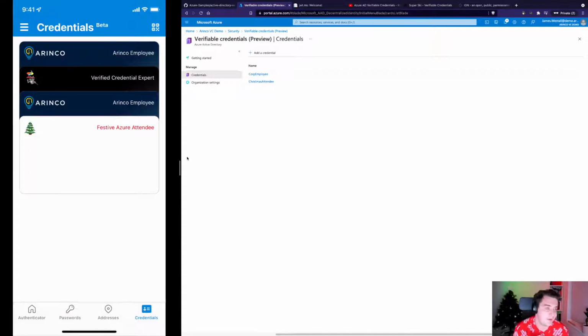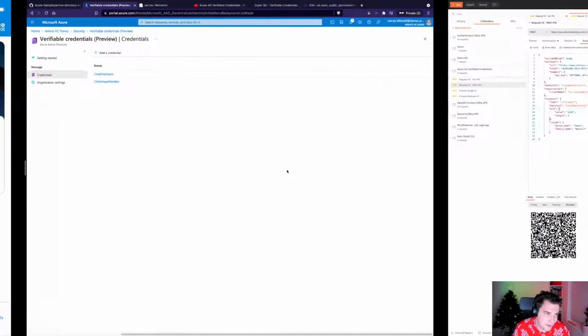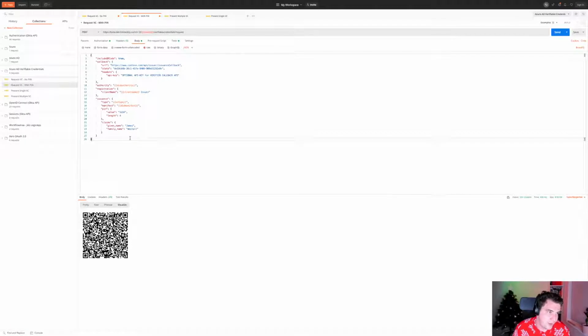Now, that was actually a good, I suppose, demo fail. And the reason for that is it lets me show the two different types of usage of request API. So if you were paying attention earlier in the demo, you would have noted that when I logged into the verifiable credential for the first time using the website, I was prompted for an OpenID Connect sign-in. I actually signed into my Azure AD tenant. Whereas when I requested this second VC using the API, I was only prompted for a PIN.